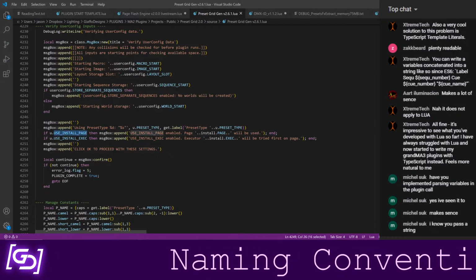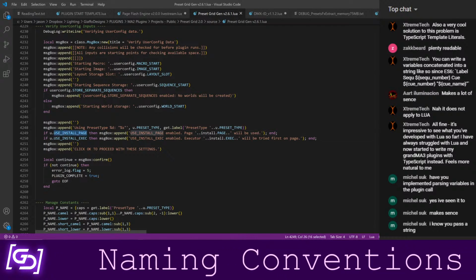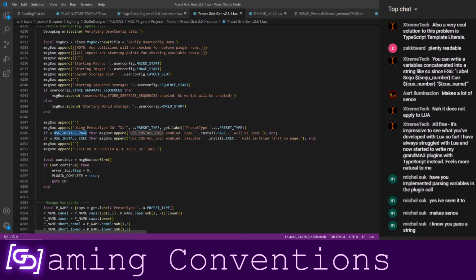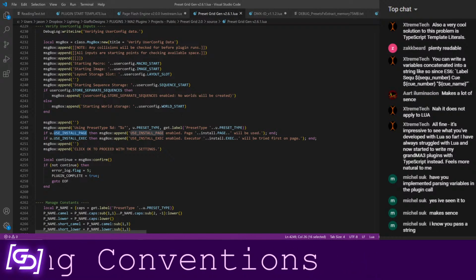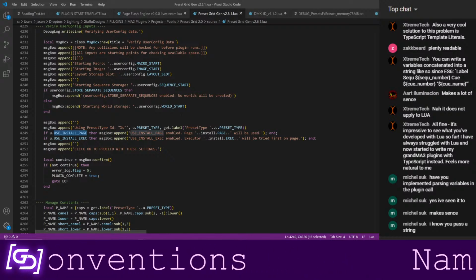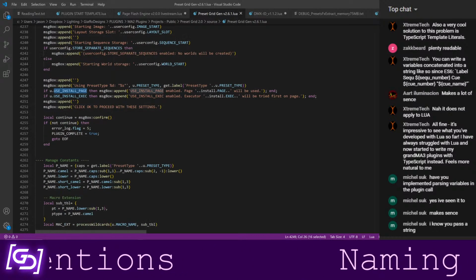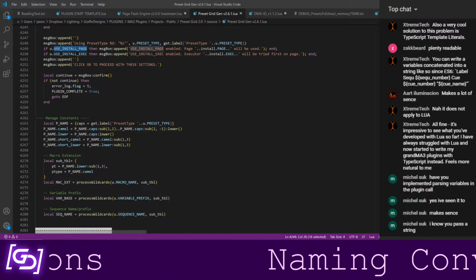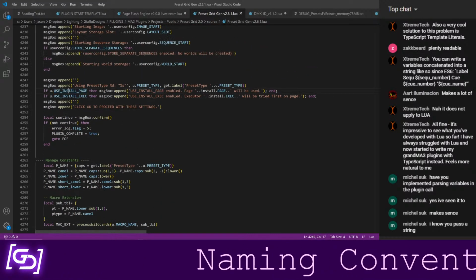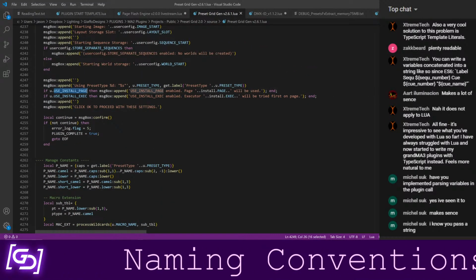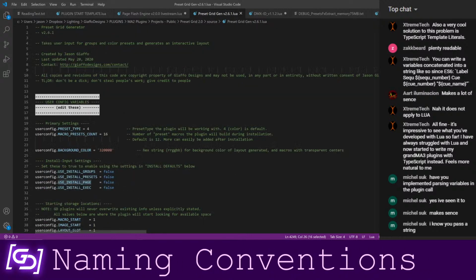This all uppercase snake case thing is something I started doing. This is how you name constants in like C++ code. I had a very brief fling with Arduino and had to use a little bit of this. It was kind of a convention I started picking up for the user config variables.